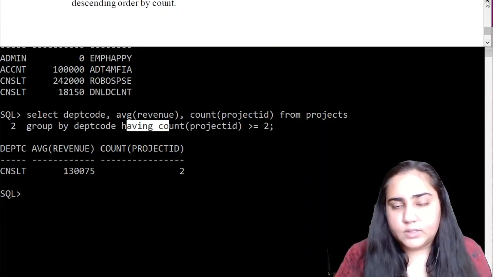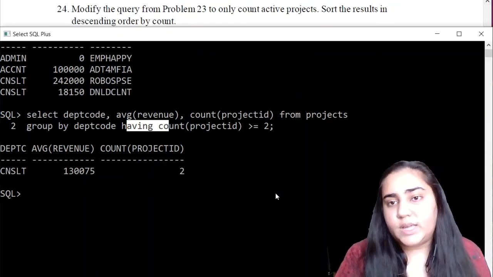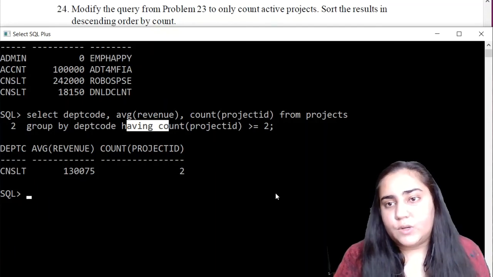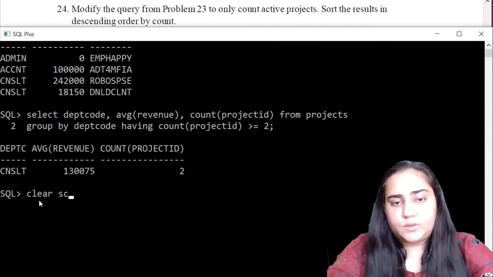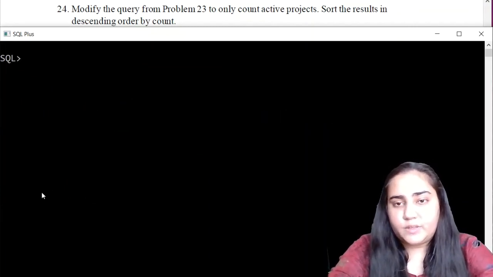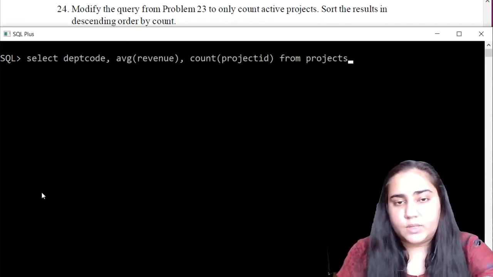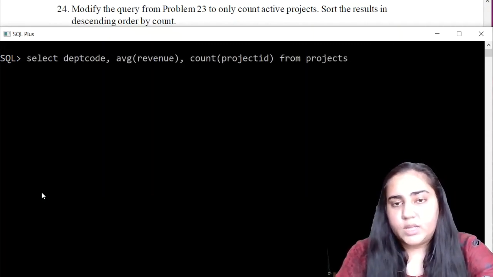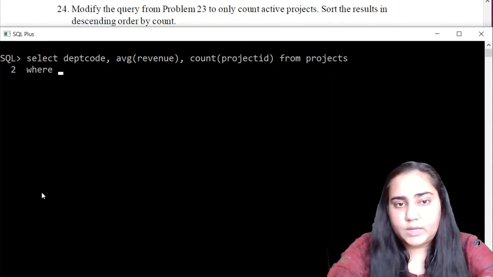This is the last question, which says, modify this to count only active projects and sort the results in descending order by count. Let's clear the screen. Now you need to modify the previous query to count only active projects. So this was the previous query where we found dept code, average revenue, number of projects. Now I want only active projects. So I need to add a condition that says